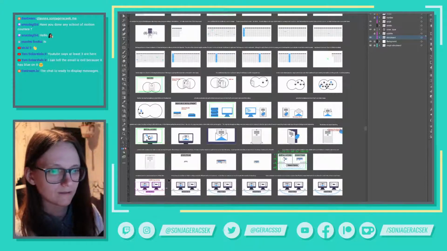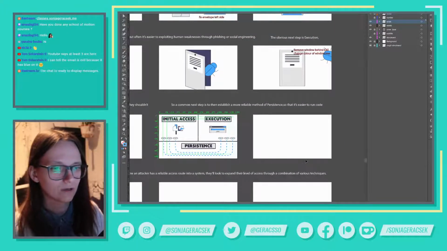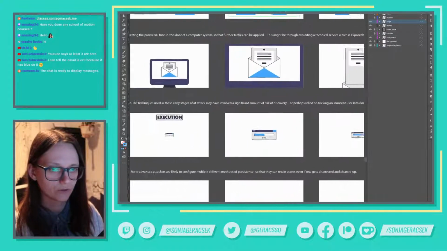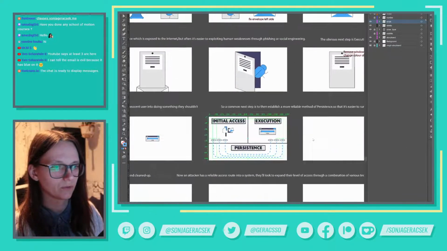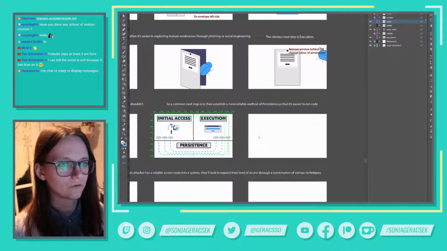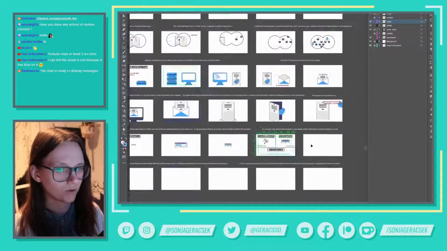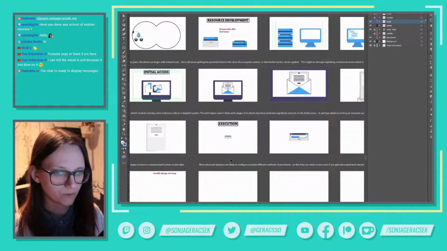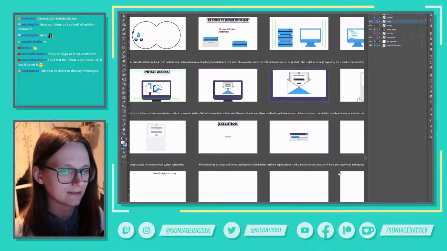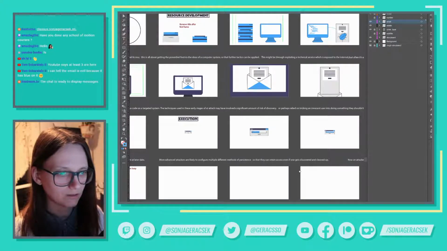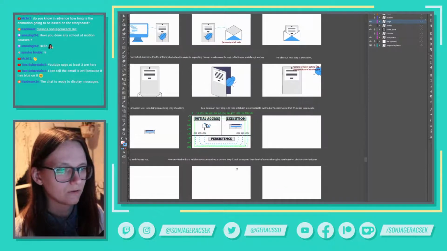And now let's think about what the animation could look like. So maybe it starts with the text, which goes: techniques, early stages, attack may involve risk and discovery, perhaps relate, blah, blah, blah. So a common next step is to then establish a more reliable method of persistence, so it's easier to run code, or gain access to a compromised system at a later date. More advanced attackers are likely to configure multiple different methods of persistence so they can retain access. So basically,